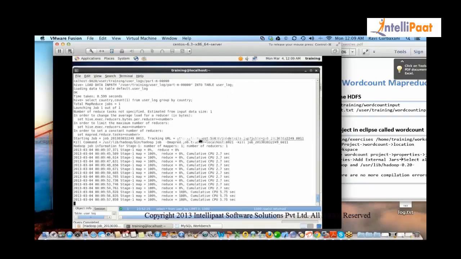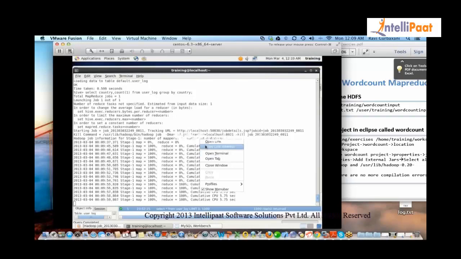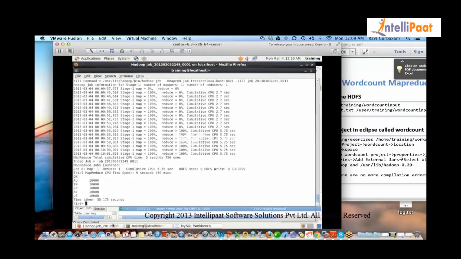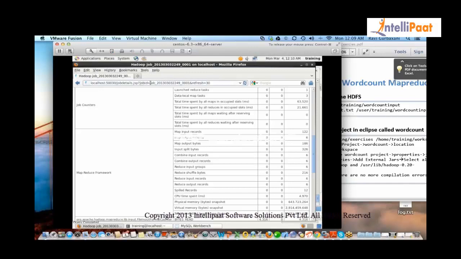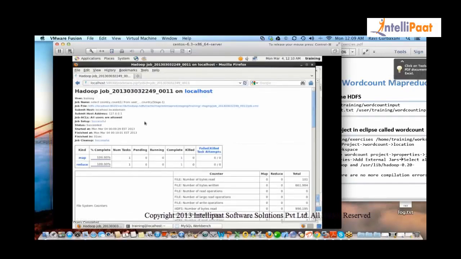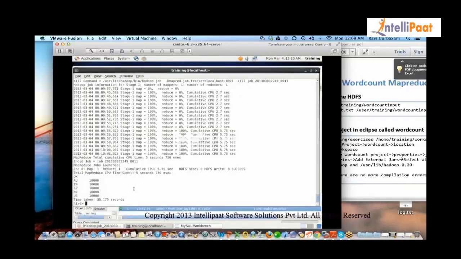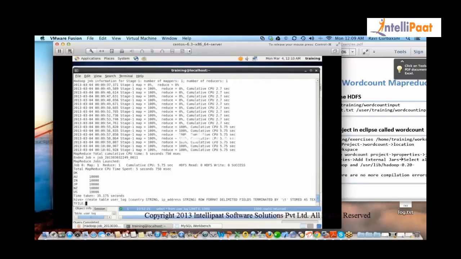I haven't understood this. We are firing this particular query on Hive, right? Yes. So inside it goes to your Hadoop, and then it searches all your data. So this is the job that you ran. Are you with me till this point? The table was created, then we imported the data.